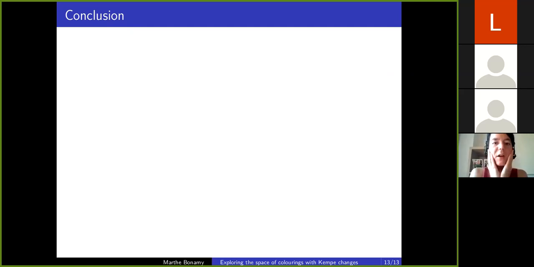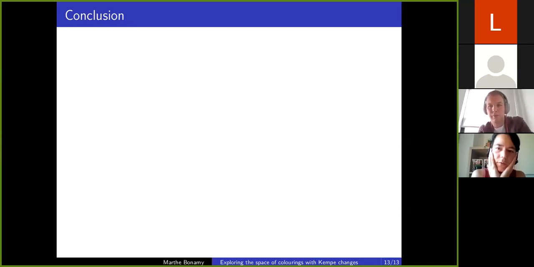what I hope to have convinced you of is that, just as an insight into colorings, it's interesting to see how they behave with respect to Kempe swaps. It's interesting to see whether you can navigate the space well, or whether you have different components. And there are many things which frustrate me in this setting. There are many things we don't know yet, but the two main things which annoy me,